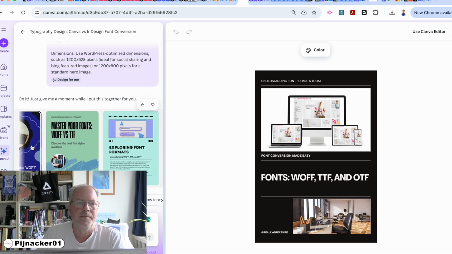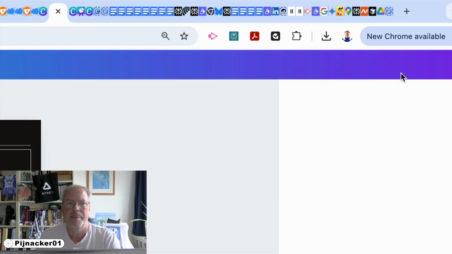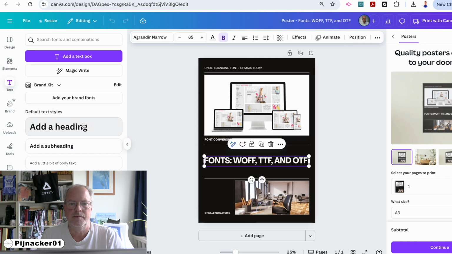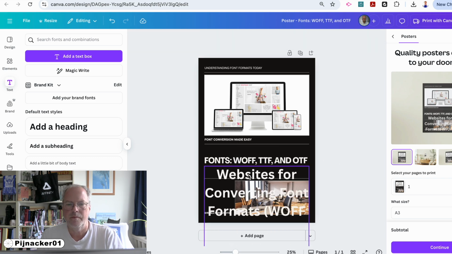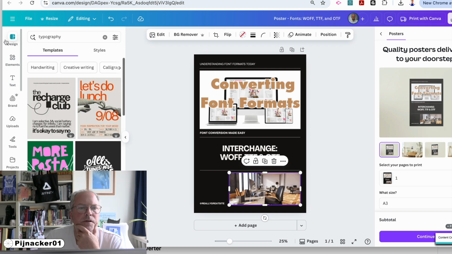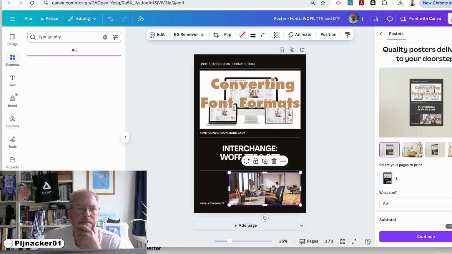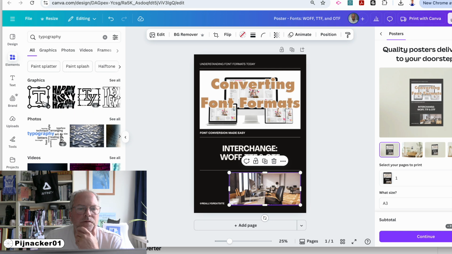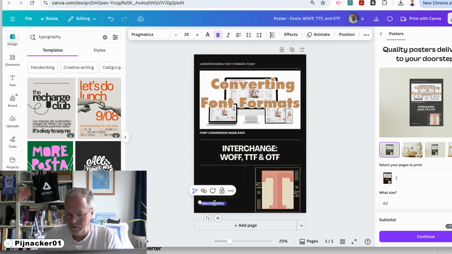So I could just use this one. I'm going to say use in the Canva editor. I'm just going to add the title, and we'll just get it in there to start with. Now I just want to change out this image. Now, this is why we all love Canva. Sorry, I want to type elements. Typography. And then I want to use something, actually, it was kind of like this one too. And we're just going to add this right here. And we just change this to